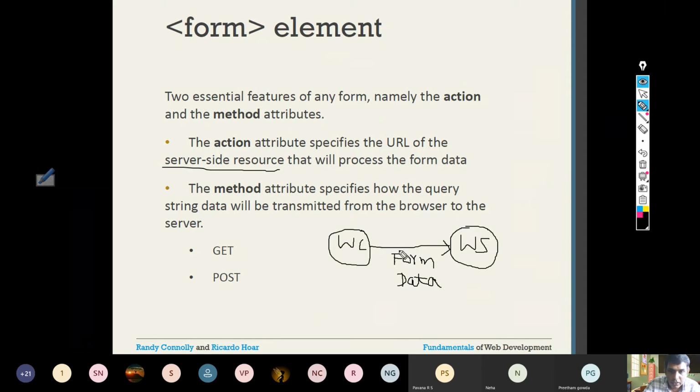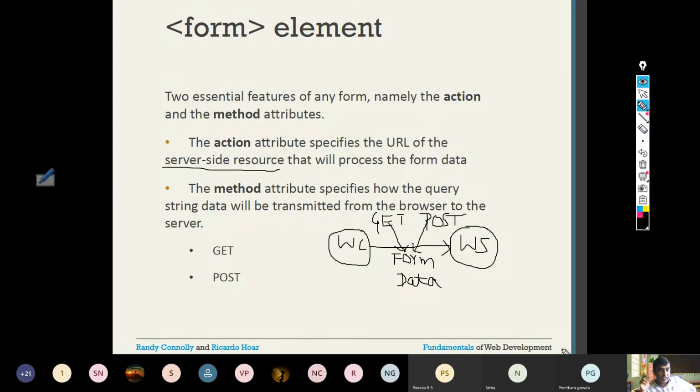So how do you do that? This form data can be transferred from the client to the server either by using the get method or by using the post method. So we can use the get method or post method to transfer the query string data.